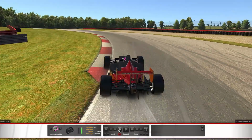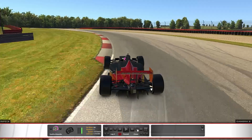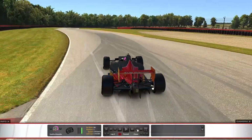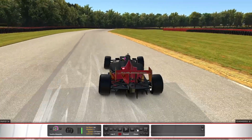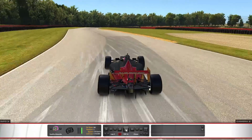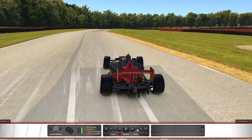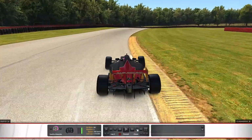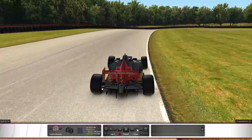But then even before the curve, as you can see, I'm already punching the throttle very aggressively. The car is at a considerably high speed at this moment, so you don't need to be worried about the throttle application. But there's still a little bit of a slide here, very comfortable and fun oversteer, I just need to be slightly correcting it. Then you leave the car all the way to the right here,